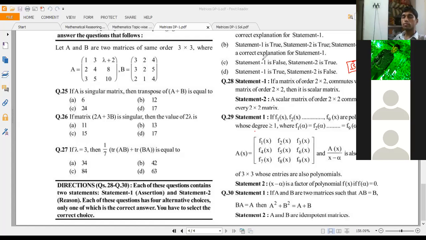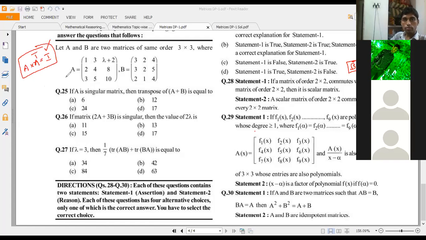Sir, can we take trigonometric matrices? No, wait a second. Yeah, it is possible because that is what we saw in orthogonal matrix. In orthogonal matrix, the matrices we deal with are not scalar, na? A is not scalar, and A transpose is also not scalar. But A into A transpose is I, which is scalar. So it is possible.